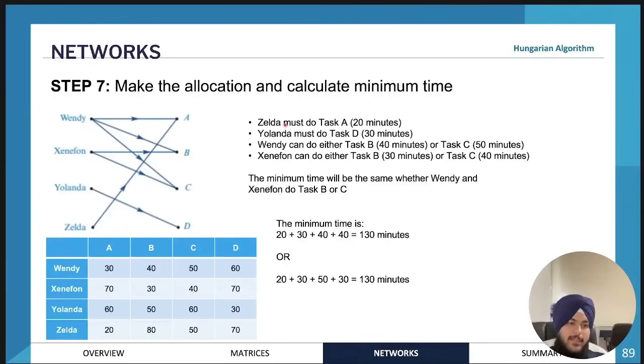So therefore, Zelda, who can only do task A, must be allocated to task A. And that will be 20 minutes. So you also look at the time from the original table of how much it's going to take. Because most of the time, the question is going to ask you to work out the minimum amount of time to complete the project. Next step is to calculate,